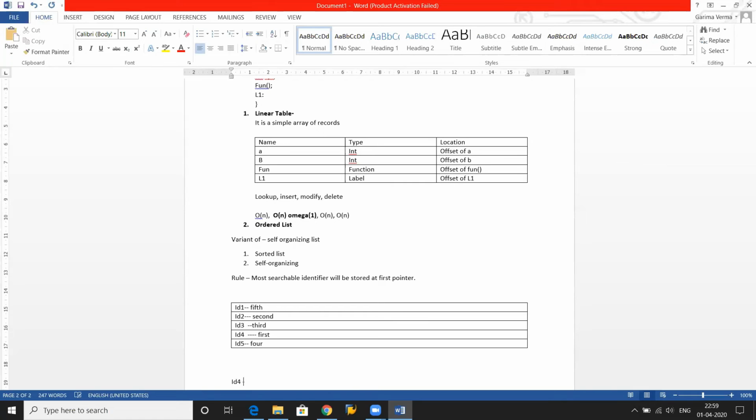So in this way pointer is created. So basically we make a linked list. सबसे पहले आइडेंटिफायर 4 है, आइडेंटिफायर 4 किसको पॉइंट कर रहा है, आइडेंटिफायर 2 को। आइडेंटिफायर 2 के बाद कौन आ रहा है, आइडेंटिफायर 3। और आइडेंटिफायर 3 के बाद कौन आ रहा है, आइडेंटिफायर 5। आइडेंटिफायर 5 के बाद कौन आ रहा है, आइडेंटिफायर 1, right।